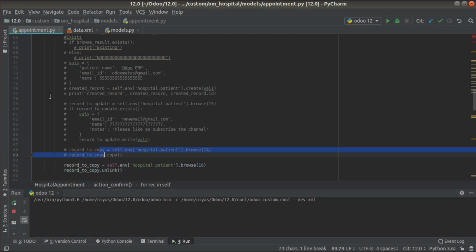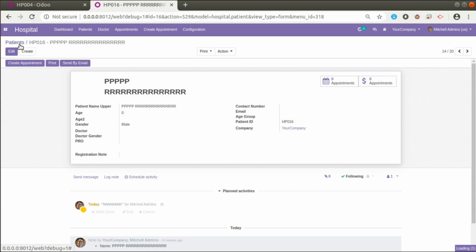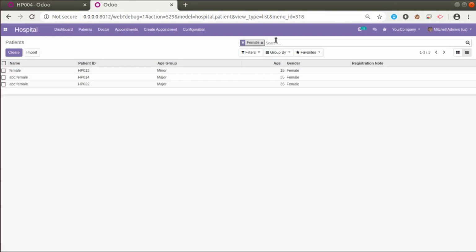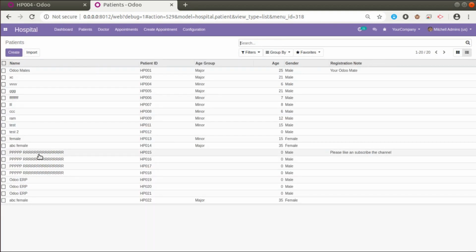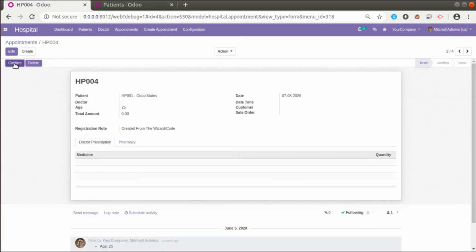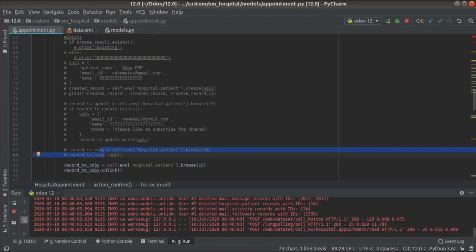Currently we have got 20 patients in the database. If I reload the screen, 20 patients, and around 4 patients with the name PRR. One of them, the record with the ID, we are going to delete. If I click the confirm button, it will be deleted using the unlink code.